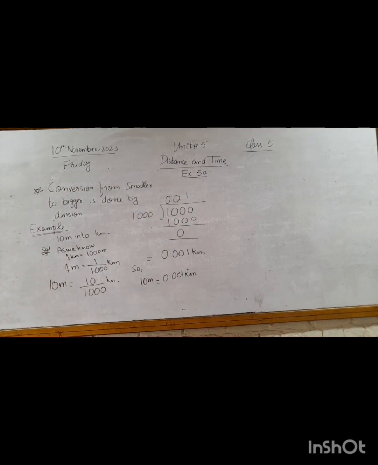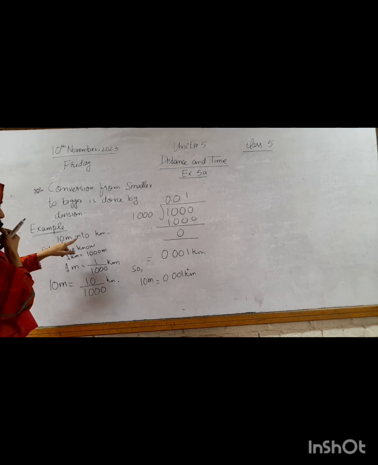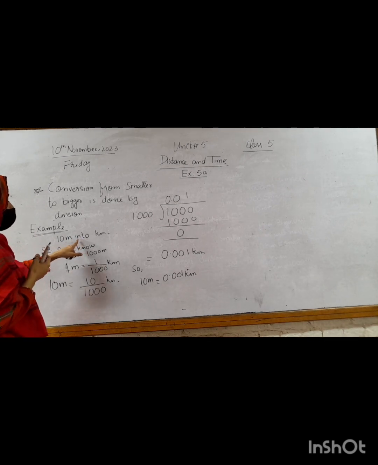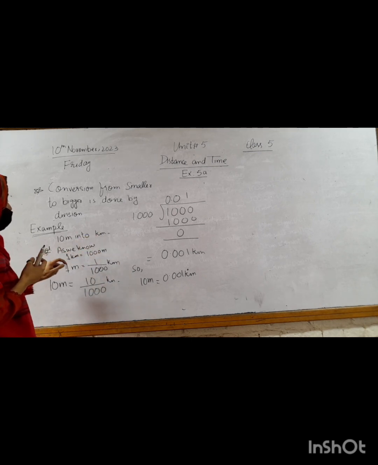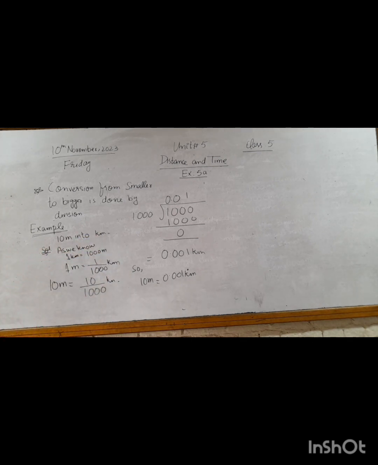I hope you will understand how we convert smaller unit to bigger unit. Conversion from smaller to bigger is done by division. For example, we have 10 meter and we convert into the kilometer. So as we know, 1 kilometer is equal to 1000 meter and 1 meter is equal to 1 by 1000 kilometer,